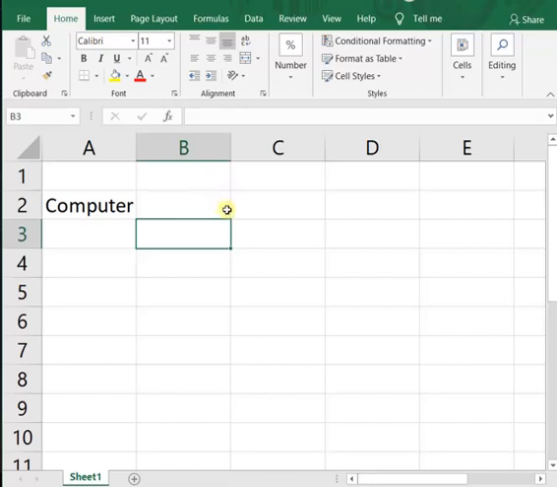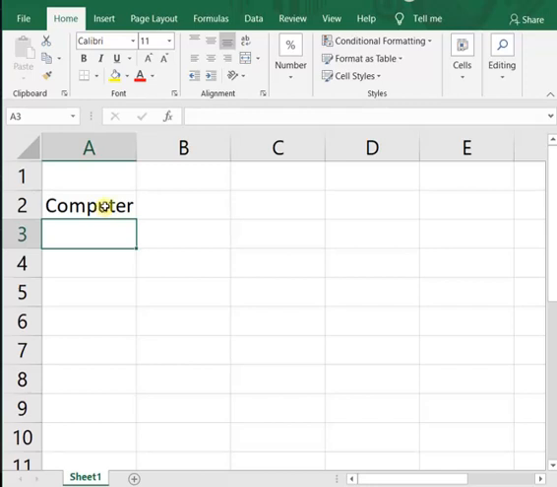Now undo and redo. Undo means undoing the previous task or previous action. Sometimes we may delete or write something mistakenly, then we want to correct it quickly.